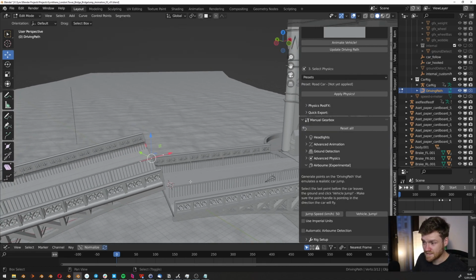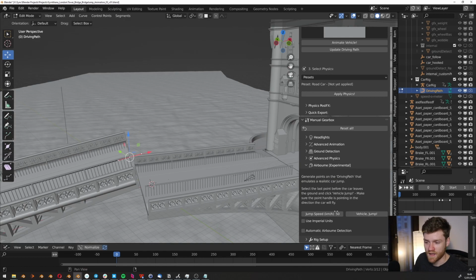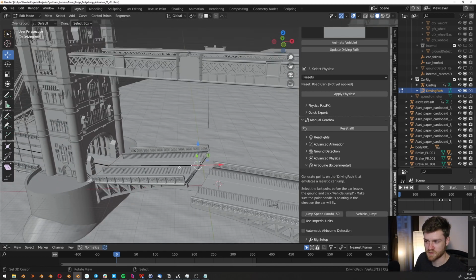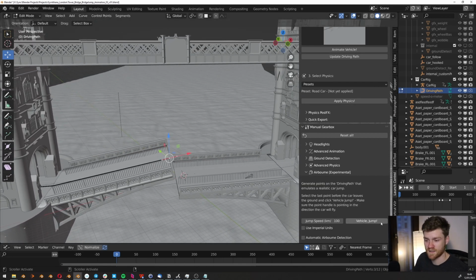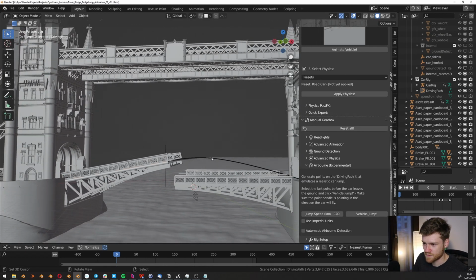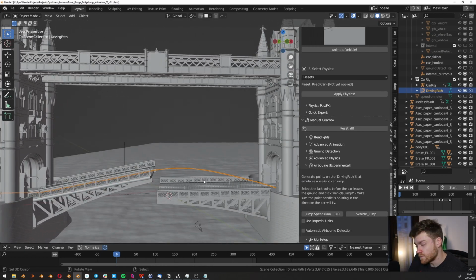So what we need is a point on the curve and the speed of the car. So I imagine that the car would be going around 100 kilometers per hour here. So let's punch in 100. And then let's click vehicle jump. And there we go. So this drew a path for us of how the car would more or less jump